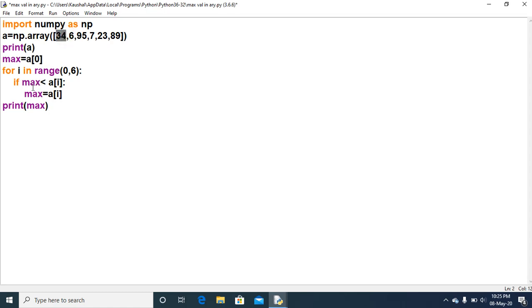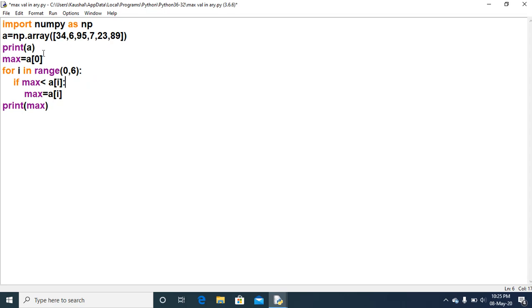So here the condition is checking whether 34 is less than a of I. The first value of I starts with 0, so a of I's first value is 34. So 34 is less than 34. In the first loop, it will check this.